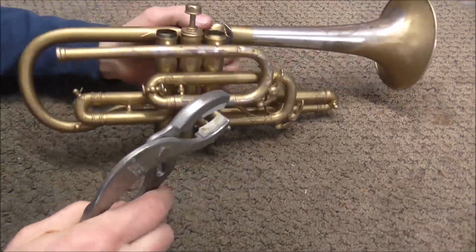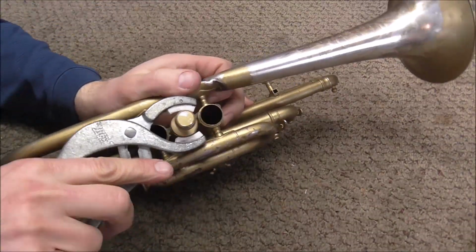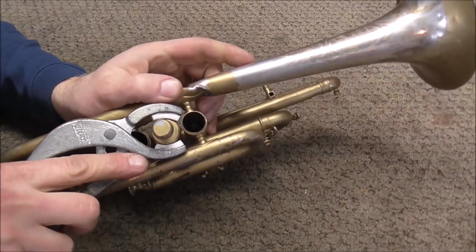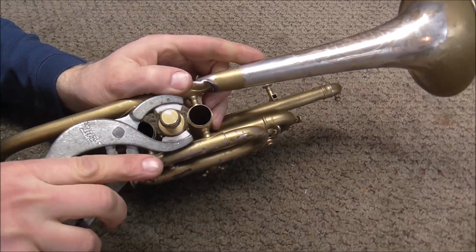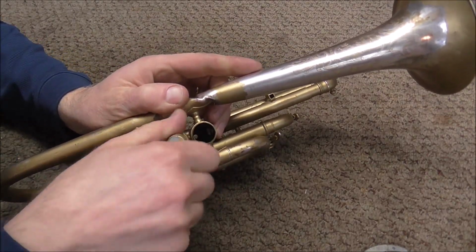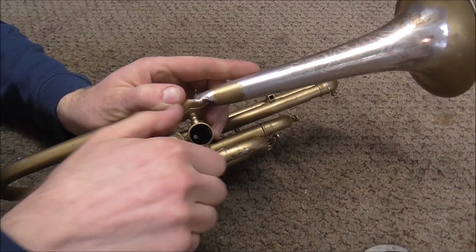So I'm going to get that one out, and when you do this you have to be careful not to hit the threading on the other valves. So you just carefully do that. That one came right off. They're not always that easy, but this one was easy. So I'm going to pull up that valve,